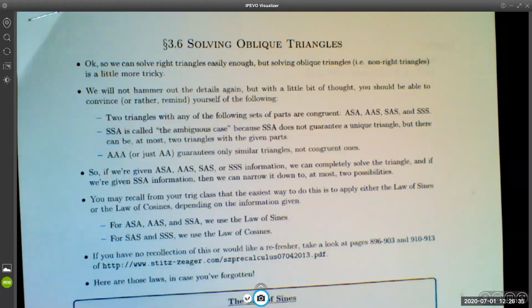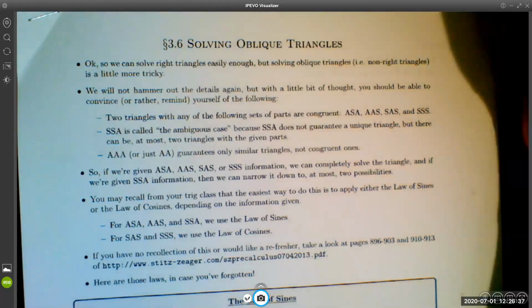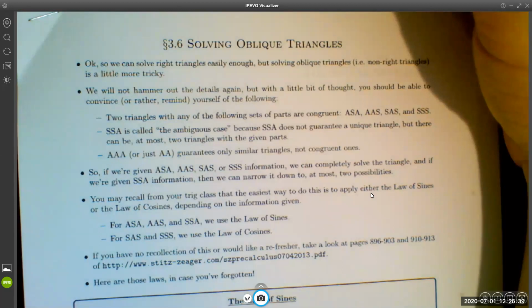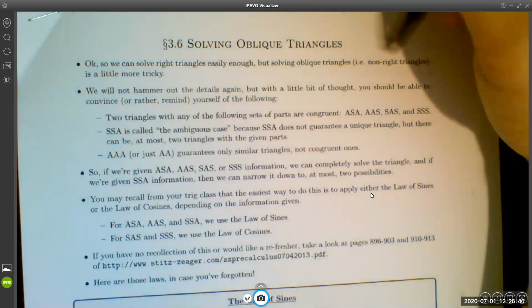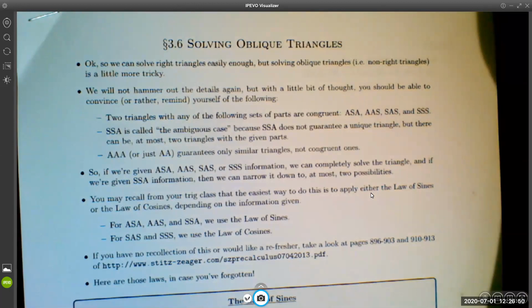Okay, so in the last section we talked about solving right triangles. In this section we're going to talk about solving oblique triangles. Oblique just means non-right. Okay, so solving oblique triangles is a little bit trickier, but we can solve oblique